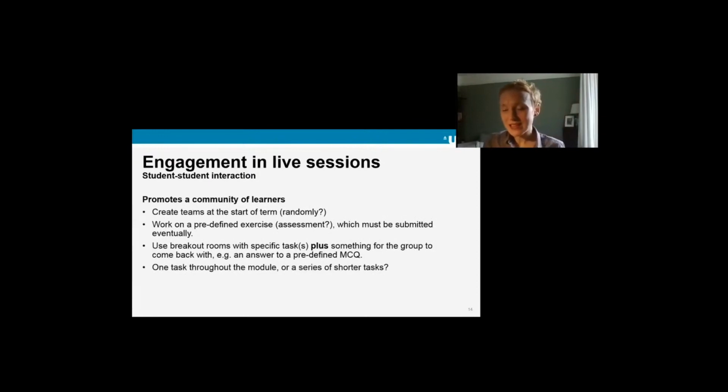So some things that you could potentially think about is to create teams at the start of terms. It could be that this team stays together for the rest of the term. It could be that each time you have a live session, they randomize into a different team. I think it's probably easier to randomize students to teams rather than to let them choose it, but